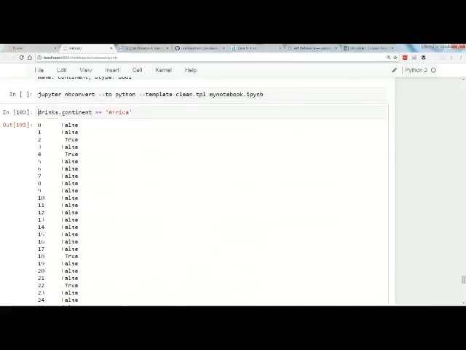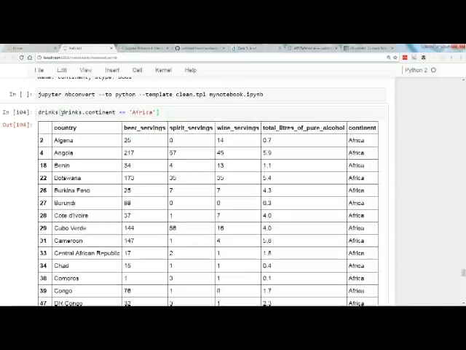However, if I want to pass that Boolean series to a data frame in order to filter rows, I use bracket notation, and that pulls out the rows in which there was a True. Similarly, if you're going to use .loc or .iloc or .ix or .iat, which I don't even know what it does, I just know it exists, but with loc and iloc especially, you need to use brackets, and that's just how it works. Okay.